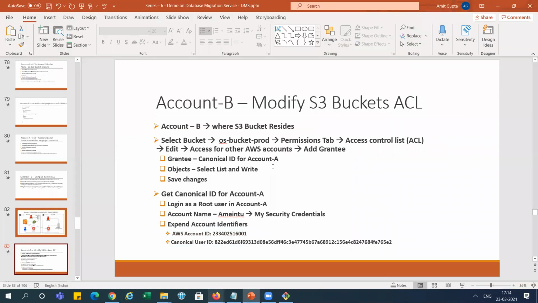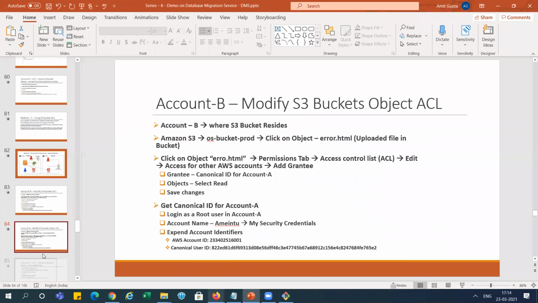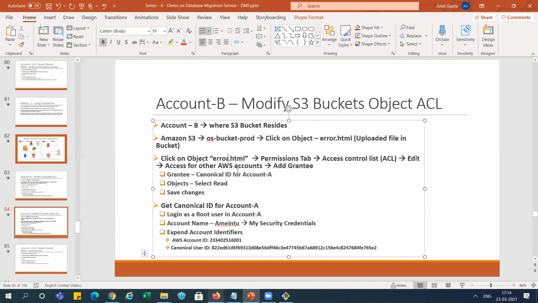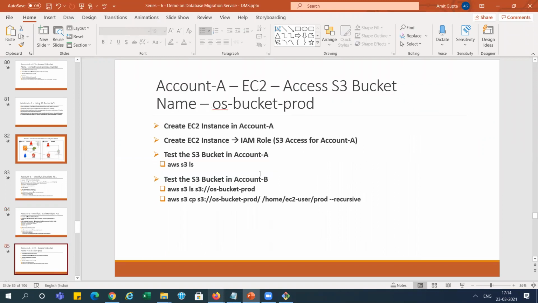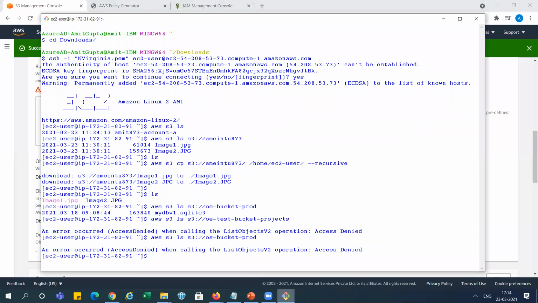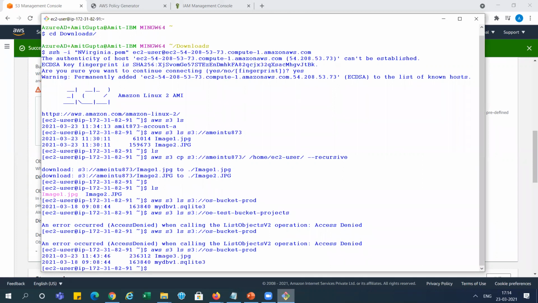Go to the PPT, check we have done this thing, and we need to do error.html, but here I've used the index image3, right? So now we need to go to the IAM side and check it out. Earlier we were not able to access. Now this time check it again, right? You can see it. You are able to see both objects, right? But if you want to download it, we can download only one object because we have given the ACL to only one object, right?